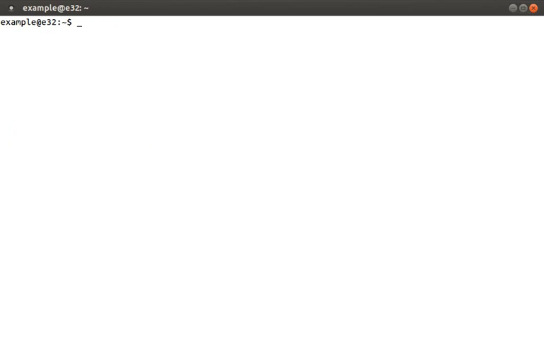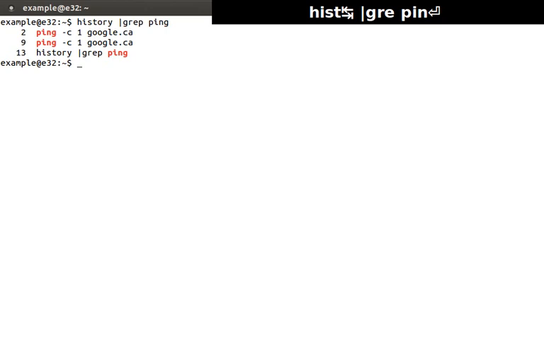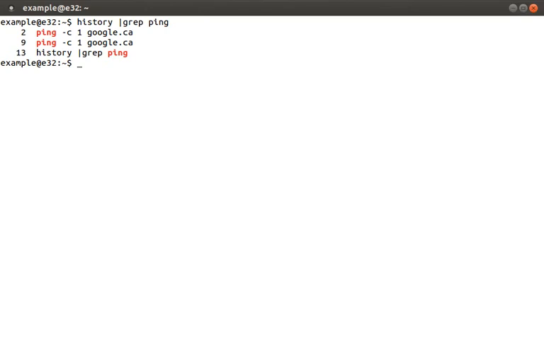I often find myself running the history command and grepping the output, something like this. Just that you get a larger view right away versus a single line search result that you have to cycle